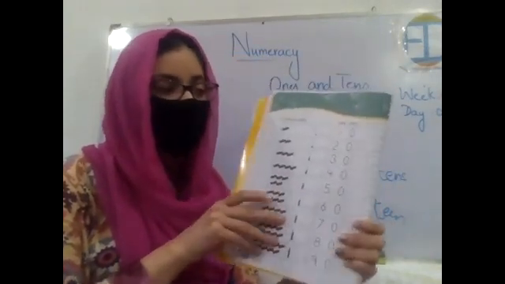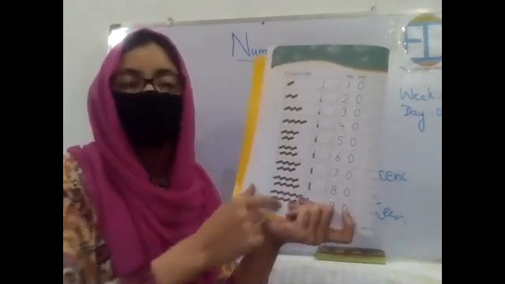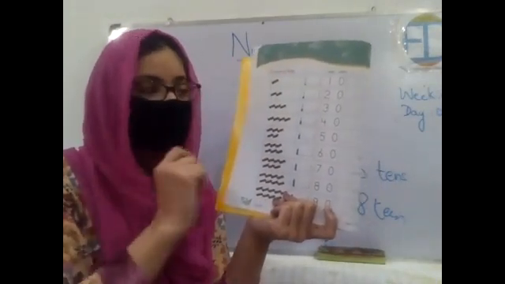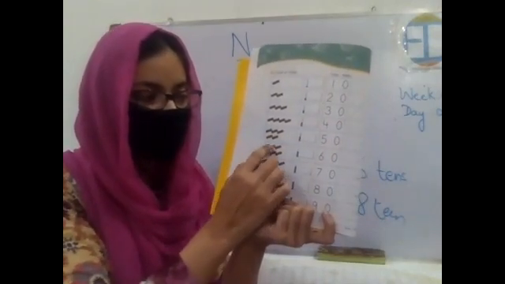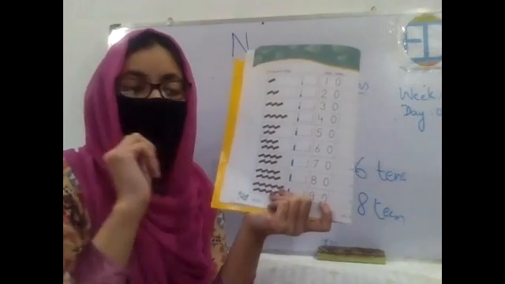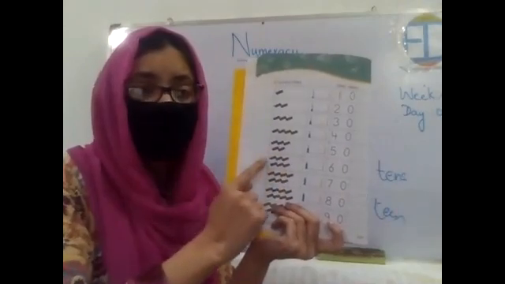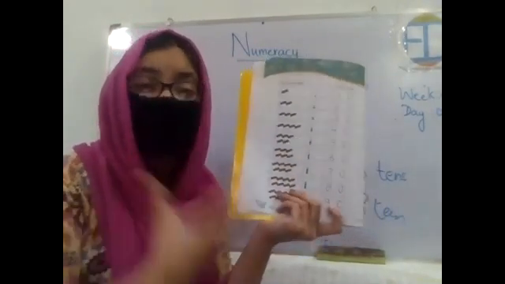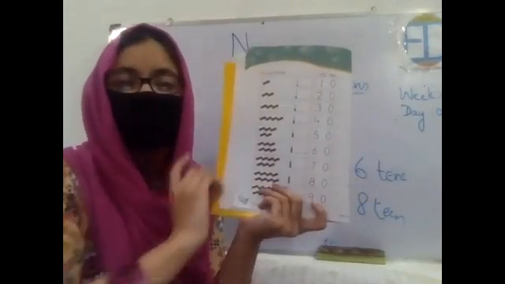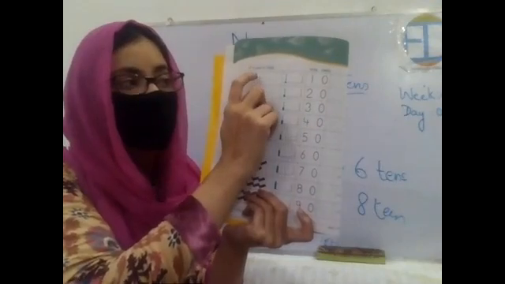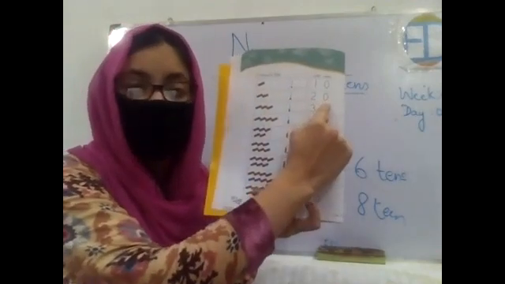Okay. Now in your book, there are chocolate bars given to you, and they are in the form of tens, right? Let's see the first bar. There are 1, 2, 3, 4, 5, 6 bars given to you, right? But they look the same, right? Now instead of counting every bar separately, you will just count one, and you will see how many bars it has. 1, 2, 3, 4, 5, 6, 7, 8, 9, 10. So this is equal to 1 ten.